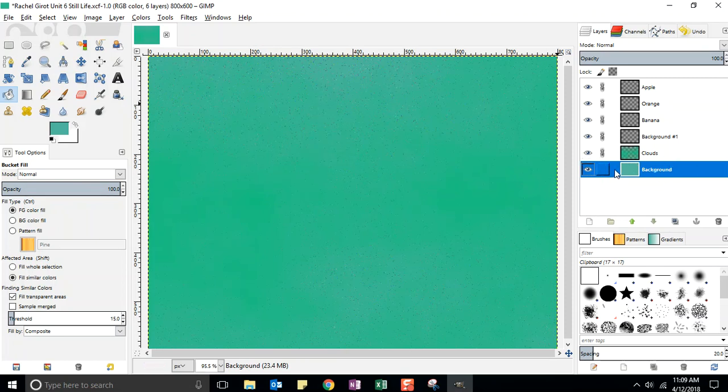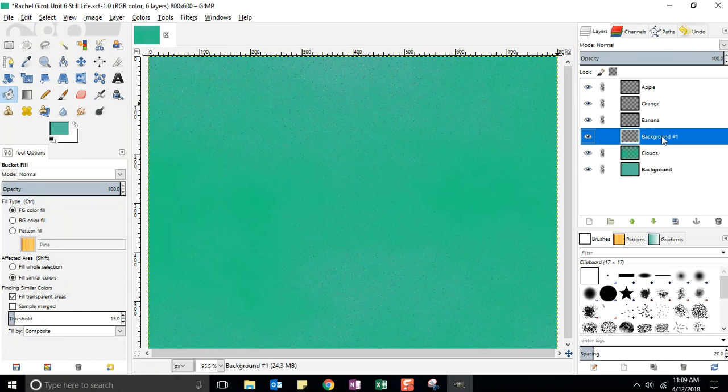And then I'm going to lock that up, and I'm going to work in, I think I should have named this one my tabletop instead. So I just double clicked on that, and hit tabletop and then enter. Remember, if you don't hit enter, it doesn't save your name. Make sure that you're working in the right layer. And I think what I'd like to do for my tabletop is